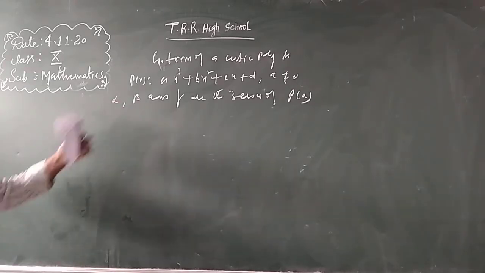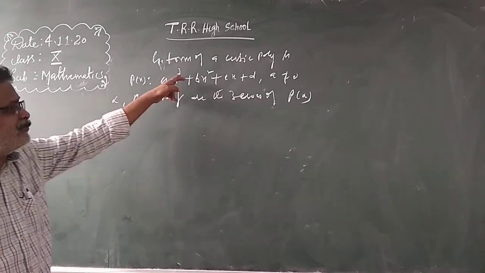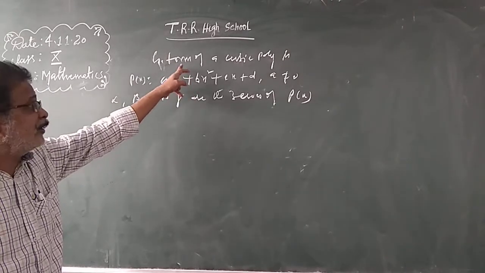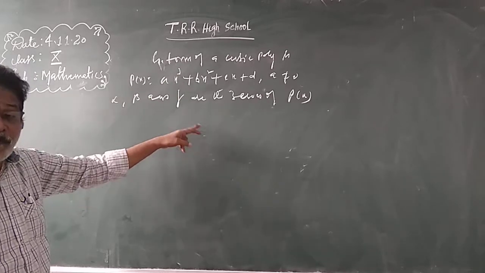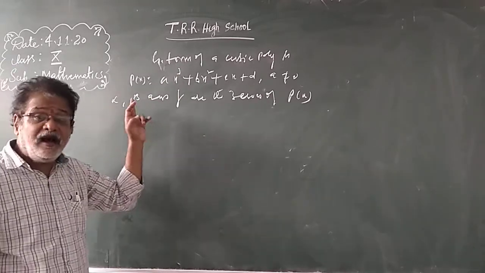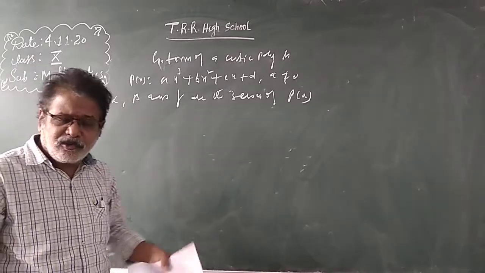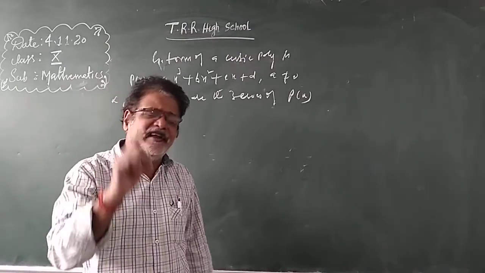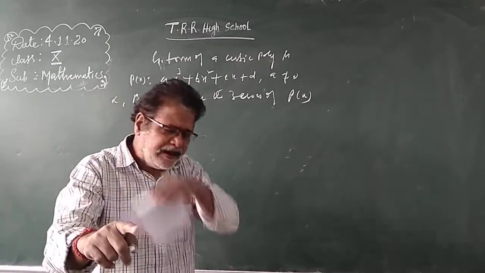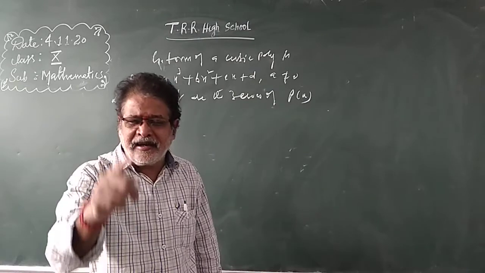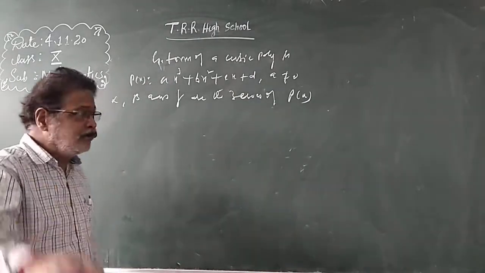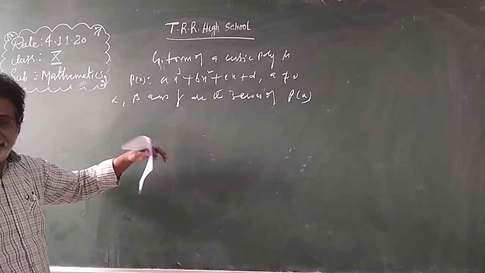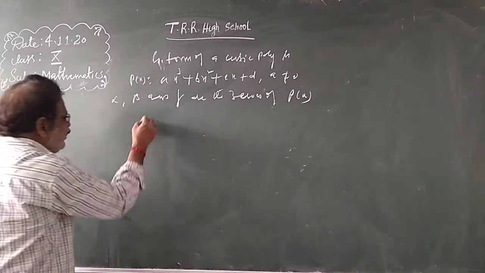It has 3 zeros. Why does it have 3 zeros? Since its degree is 3, it is a cubic. Cubic means third degree, and third degree means it has 3 zeros. Alpha, beta and gamma are the 3 zeros. So the number of zeros depends on its degree. As the degree is 1, it has 1 zero. As the degree is 2, it has 2 zeros. As the degree is 3, it has 3 zeros. As the degree is 4, it has 4 zeros, like that.